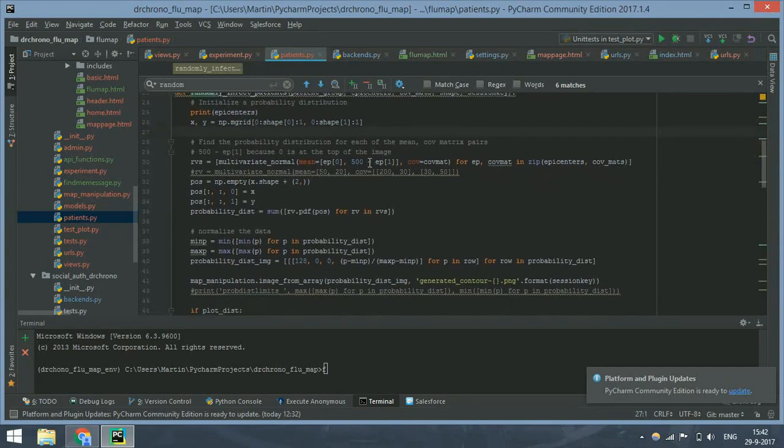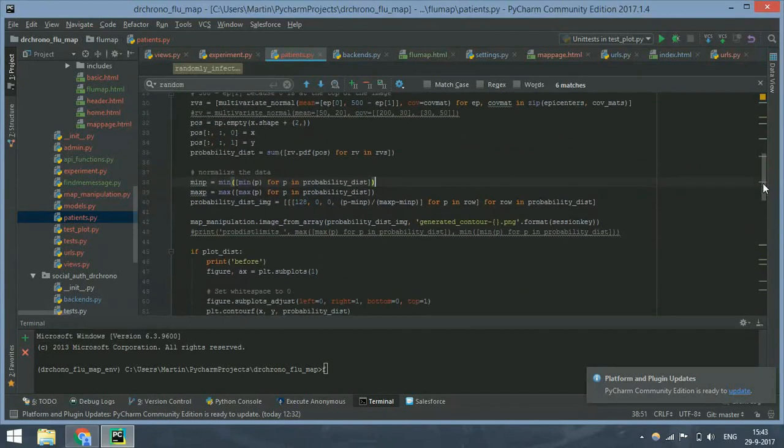So we're using the multivariate normal, which is a SciPy library, to actually make a probability distribution, and we're adding the 3 different probability distributions together. So right now I'm using 3 epicenters. This could be any amount of epicenters that's generated, but 3 looks nice. More than that would become crowded on such a small image as well, and I would have to make smaller epicenters, smaller covariance matrices for that as well. But yeah, I felt like this would be a good number for presentation purposes, but it should work with any amount